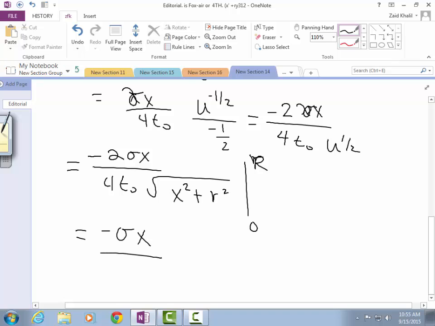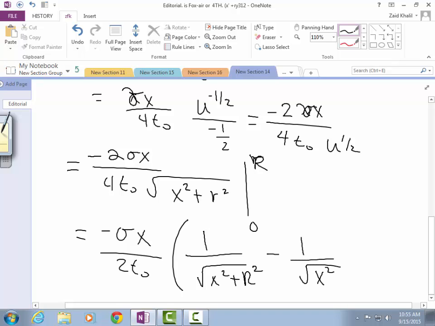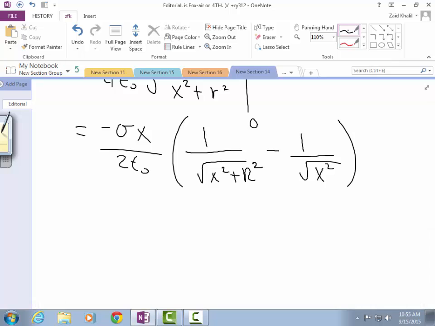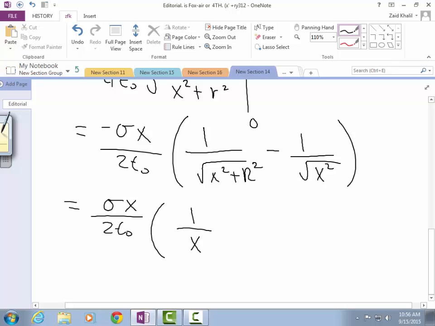Let's actually continue. So this is equal to negative sigma x over 2 epsilon 0, and then you're going to have 1 over the square root of x squared plus big R squared, minus 1 over the square root of x squared. That's right. And so I can take a negative out, and this becomes sigma x over 2 epsilon 0, 1 over x minus,